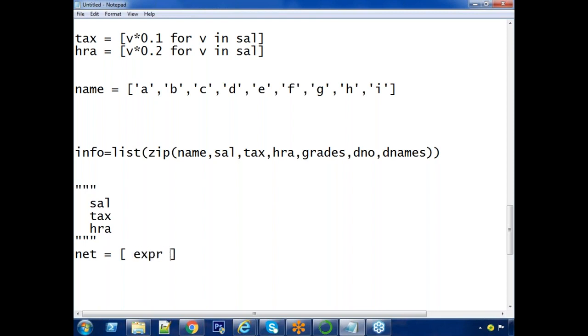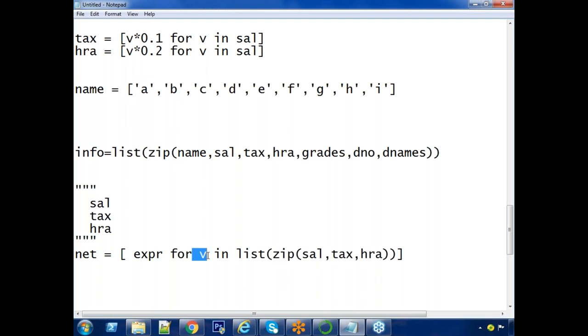Transformation expression, for loop. For V in list of zip of salary, tax, HRA. Now it forms a list. This function forms a list. Each element is a tuple. Each tuple is coming into V.